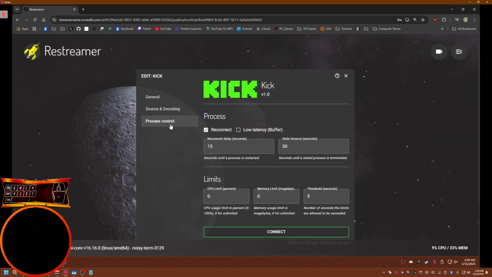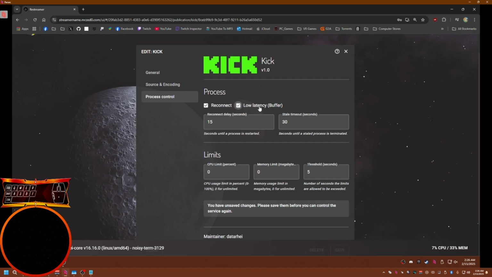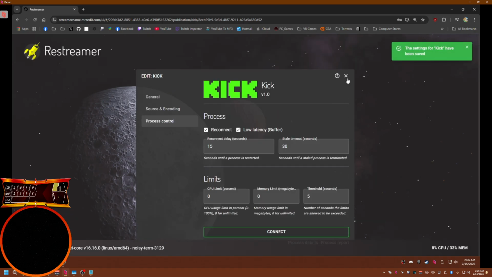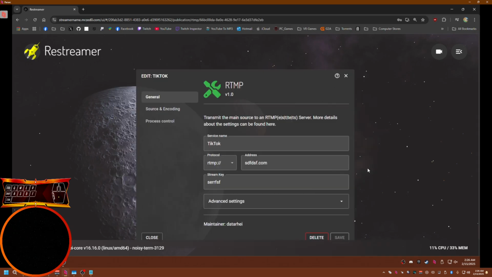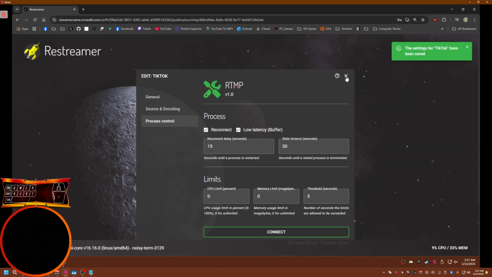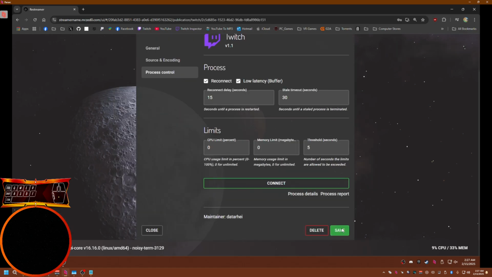Now, every time you add a platform, make sure you go into the process control and click on the check mark for low latency for the buffer and click OK. You do have to do this for every single one that you add. A little annoying, but that's how it goes. So as you can see,